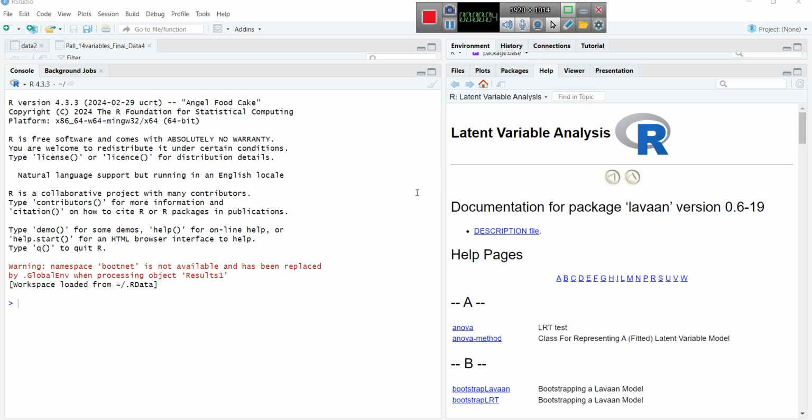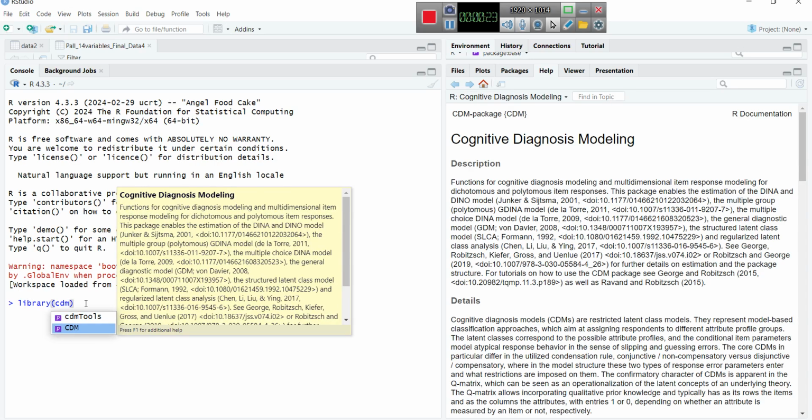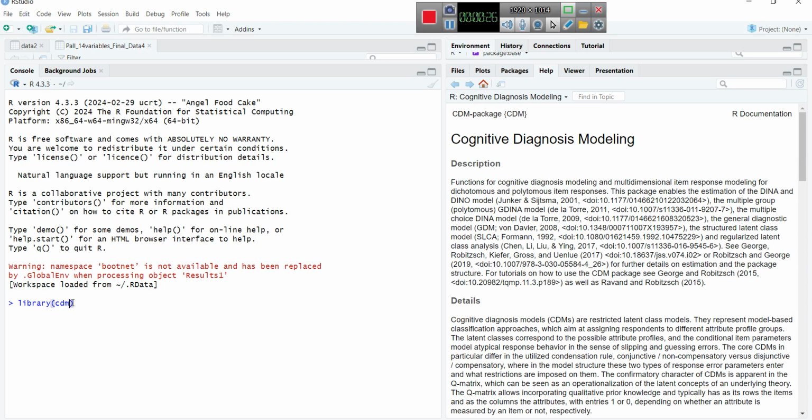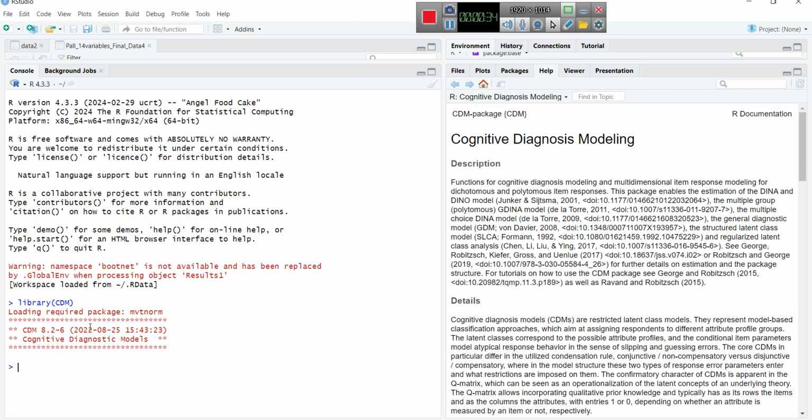Okay, today I'm going to lecture about cognitive diagnosis models. There is a package called CDM that you can find some information about here. Needless to say, you should first install it through the install package command. The cognitive diagnosis modeling